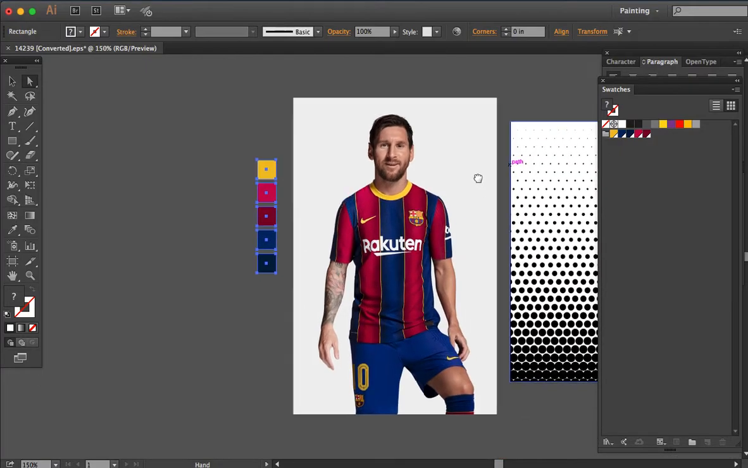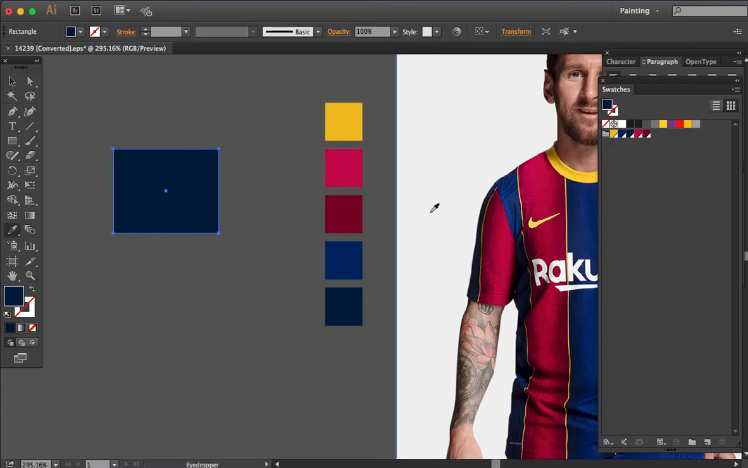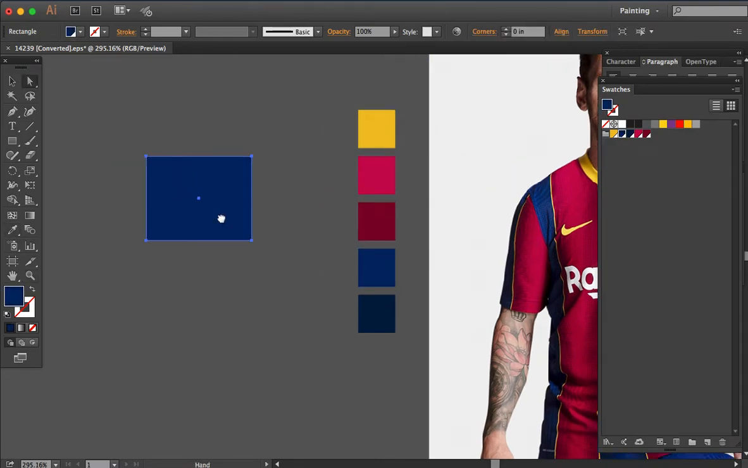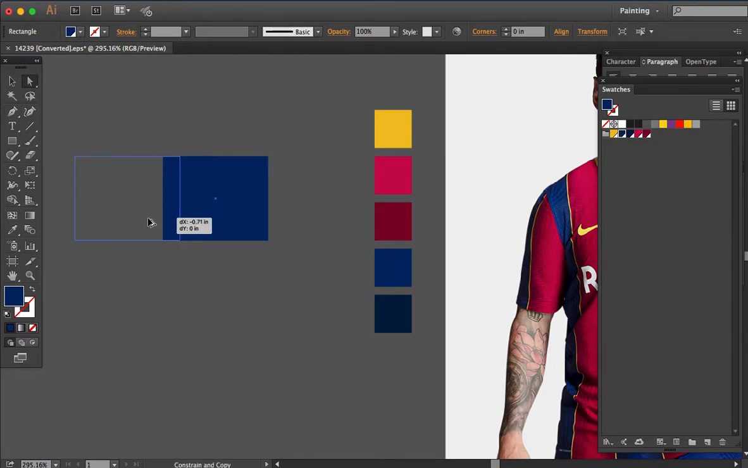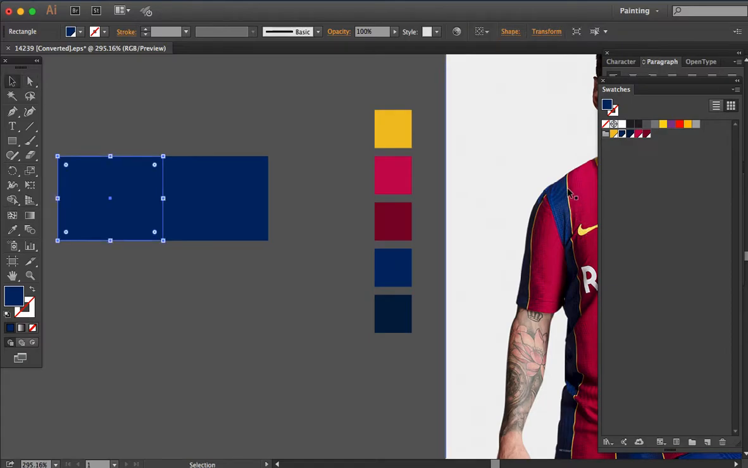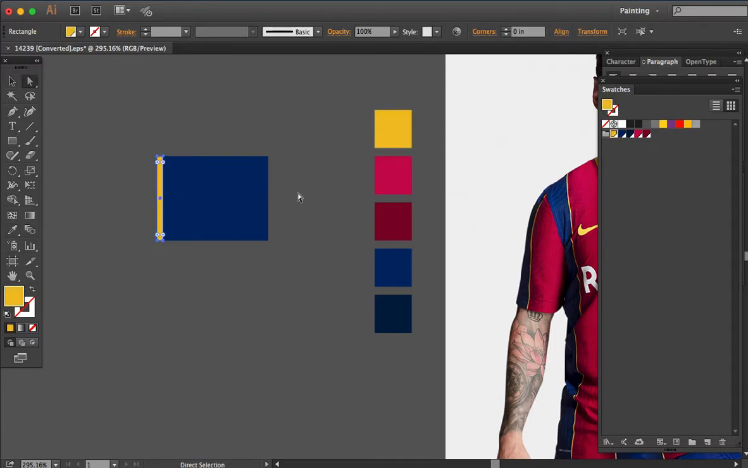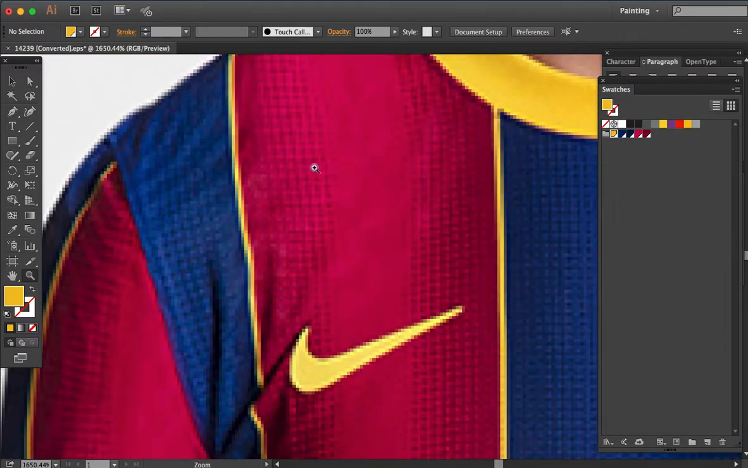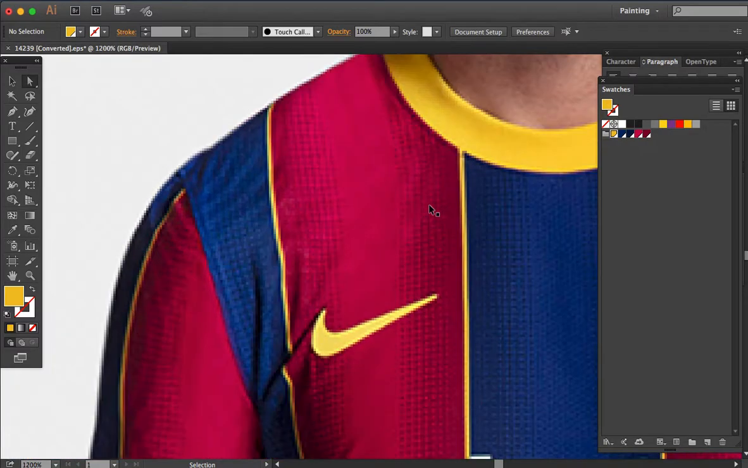Now we will create this line, so just create a rectangle like this, using the base color blue. Now we will create this yellow thin line, then apply the yellow color. Then we will now try to recreate this shades gradient effect